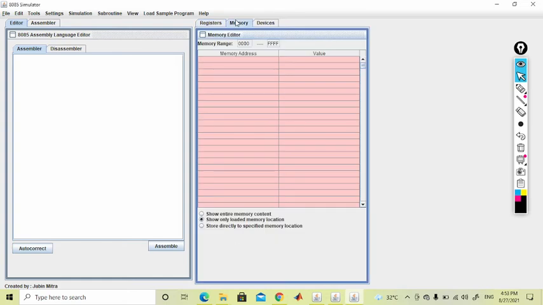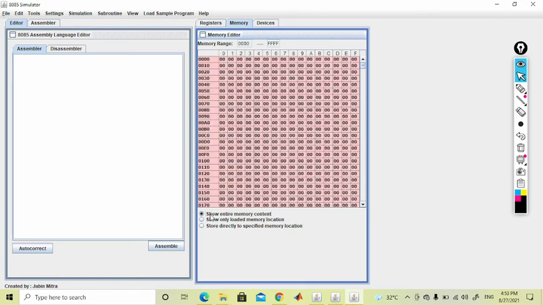The memory range is from 0000 to FFFF, and these are the memory addresses, and for different addresses different values will be there when we do some operations. So we can see the entire memory locations.